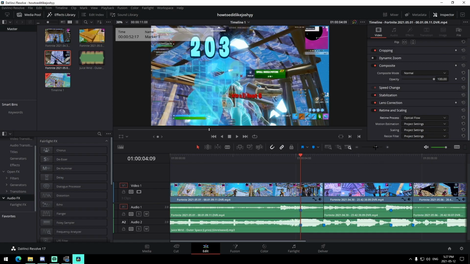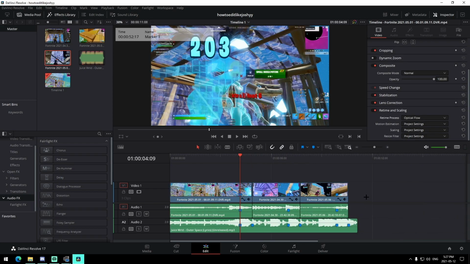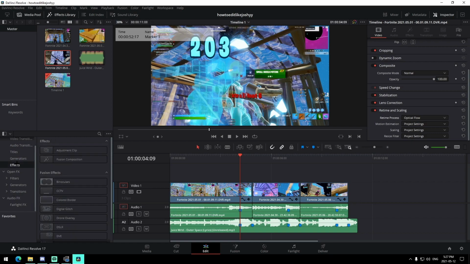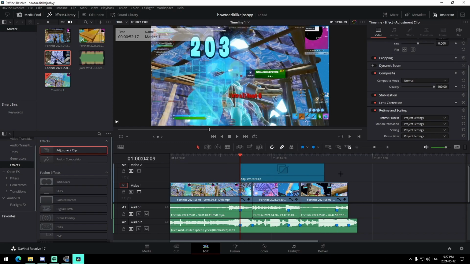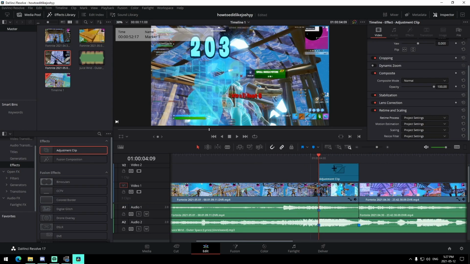All right, guys, so after we've actually done the velocity, which is actually a big portion of my editing style, the slowdown velocity is one of my signature things that you'll see in all my edits, where I just have a nice little slowdown velocity before all the kills, have a nice build up during that velocity, and then go into a straight super clean impact. But what I'm going to be showing you guys now is how to actually add an impact to all your kills. So just dragging the adjustment clip from the left side right here, lasting from the kill to the end of the clip,